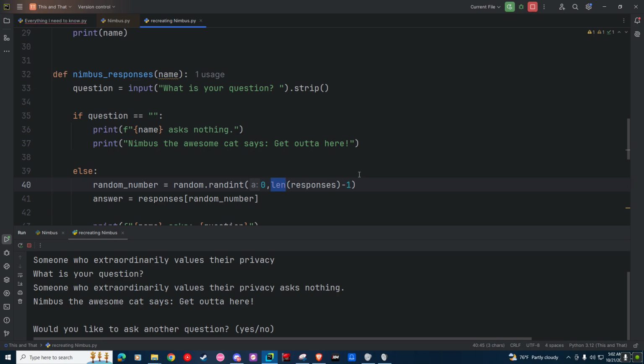Now here's the tricky part. If you outright put here, if you don't put this -1 right here, the random will be between 0 to 20. But remember, the first item in the list is labeled as 0, which means that if you have 20 items, it's not going to end at 20, it's going to end at 19, because 0 is treated as an item.